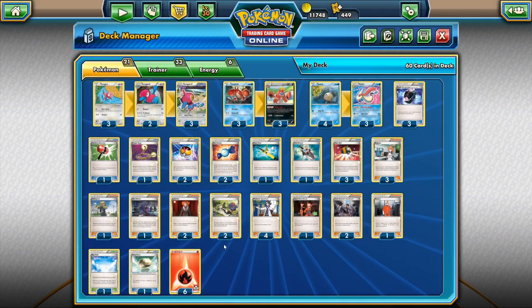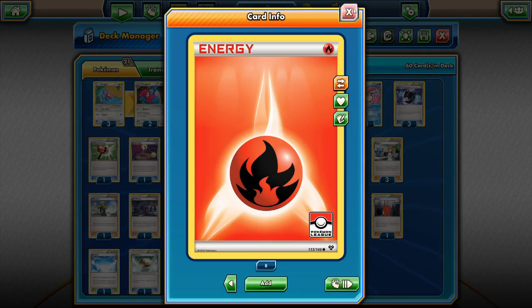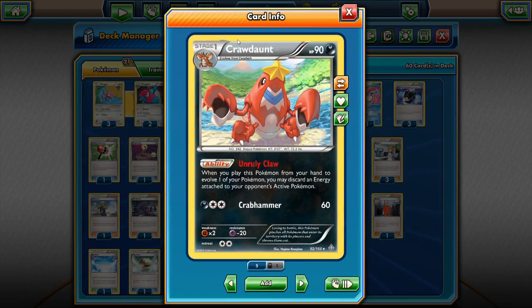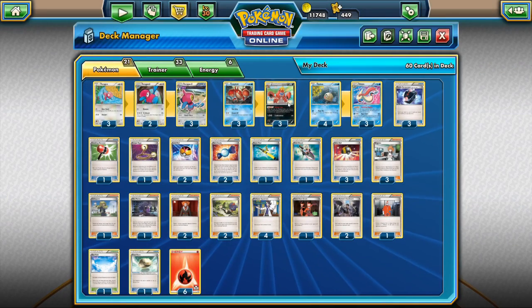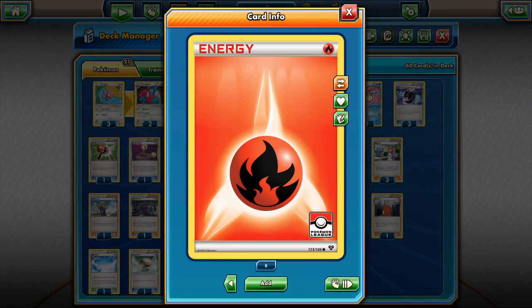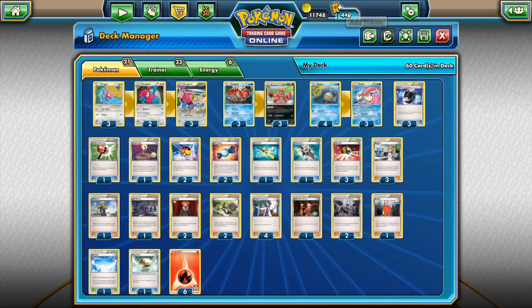Now, before we end the deck analysis, I quickly want to mention something about the 6 fire energies that I'm playing. Why 6 fire energies and not water energies, or maybe even darkness energies, so we can attack with Crawdaunt in case of emergency situations? The reason for that is simple. I want to make use of my opponent's Scorched Earth Stadium if he plays that stadium, and that stadium allows us to discard a fire energy from our hand. If we do that, we draw into 2 extra cards, and we need all the draw support we can get